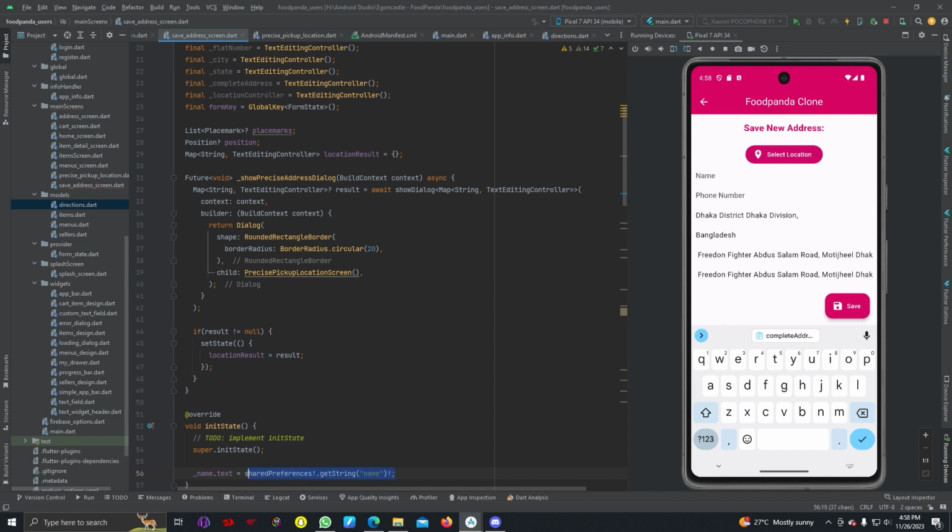And for phone number, we can add phone number manually,